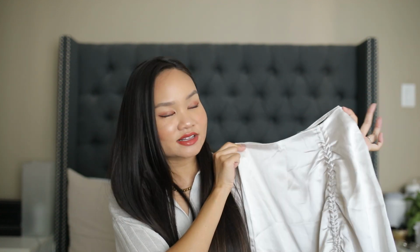And I was just drawn to the color. I don't have any skirts in this really, really pale pearlescent color yet, so I was like, let's add this to the closet. Lo and behold, it doesn't fit me because I cannot fit it over my bump. The zipper just does not close. So unfortunately, it'll be going back to Dynamite, but if you do not have a baby inside of you, I